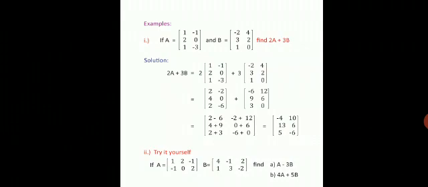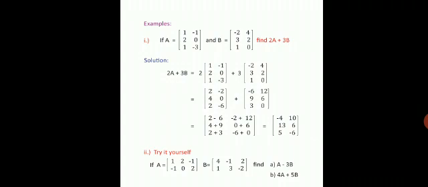Multiply matrix A by 2 and multiply matrix B by 3 and add their corresponding terms to get the sum. That is, keep matrix A as it is, multiply by 2. Similarly, matrix B by 3, we get